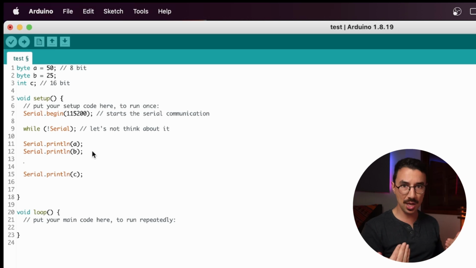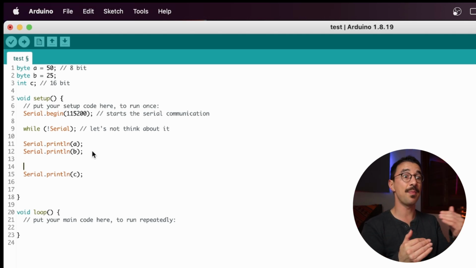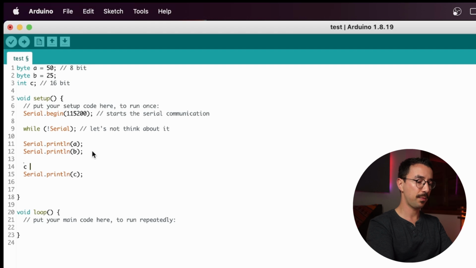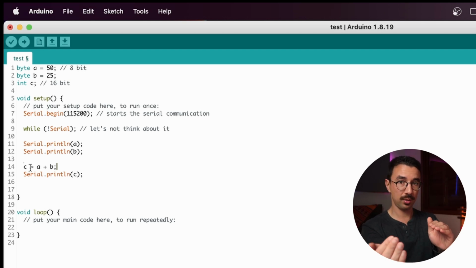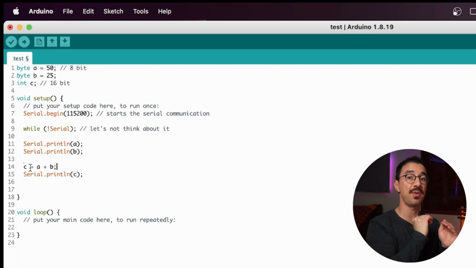So they can change during the code, okay? One variable with the same name can store different numbers at different times, not at the same time, but at different times. So for example, here, now I want my C to be A plus B. So this equal here actually means store the number that comes after in the variable that comes before.